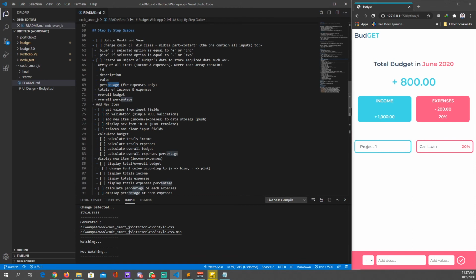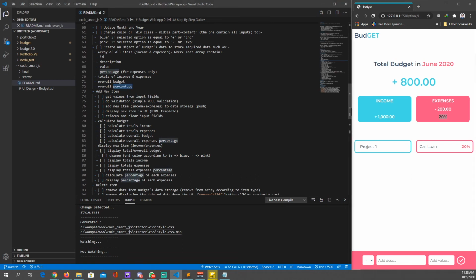And also we have attributes of total incomes and total expenses. And not to forget, we also need total budget and overall expenses percentage. So this one is basically this one up here.